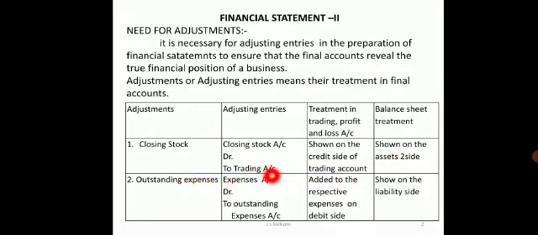Now outstanding expenses. Outstanding expenses are expenses yet to be paid. These expenses belong to the current year. So when financial statements are prepared, all current year expenses and current year incomes have to be shown as expenses and incomes of the same year. So such outstanding expenses which are not yet paid are added to the respective expense in the profit and loss account or trading account, depending upon the type of expense, and the same unpaid amount is shown as a liability on the liability side of the balance sheet.